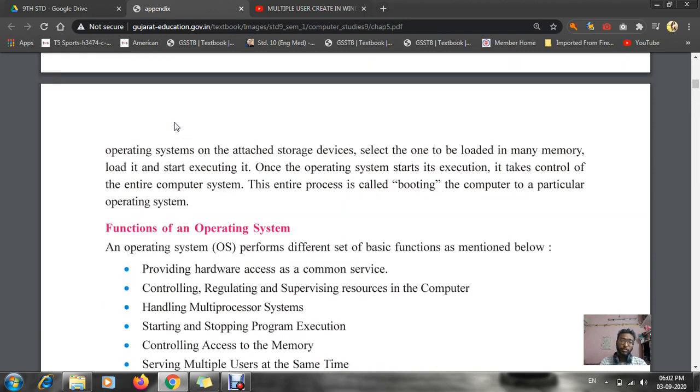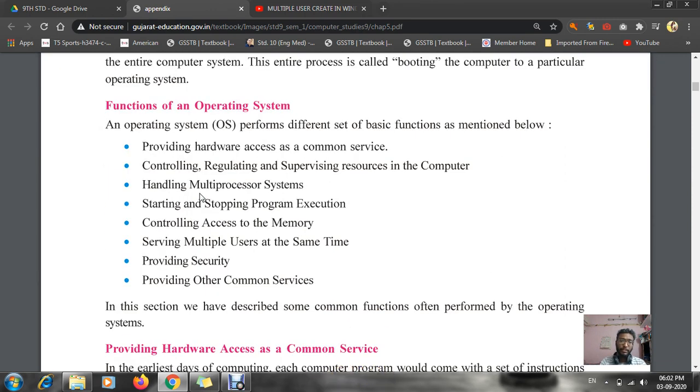Among them we discussed providing hardware access as a common service, controlling, regulating and supervising resources in the computer, handling multiprocessor systems, and starting and stopping program execution. Next is controlling access to the memory. This is the last of the four topics we are going to study today.